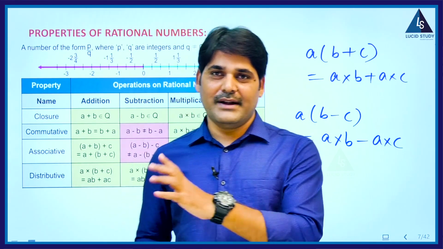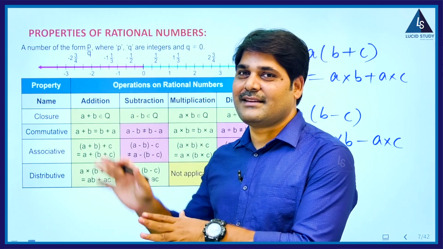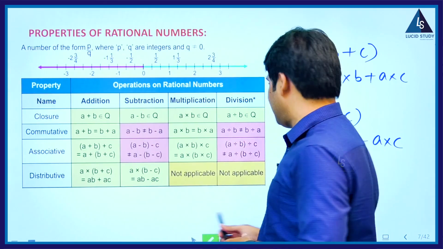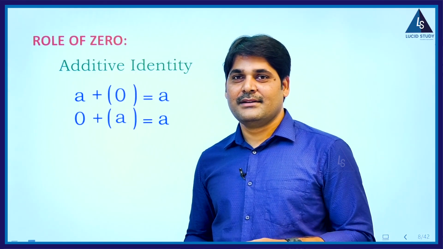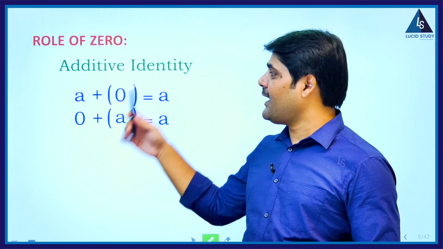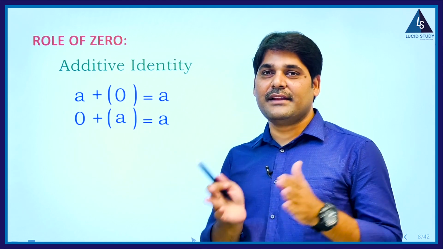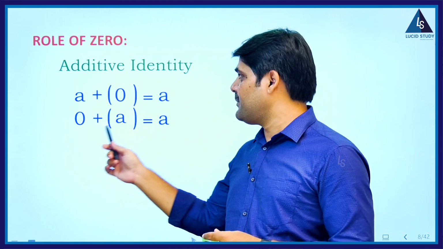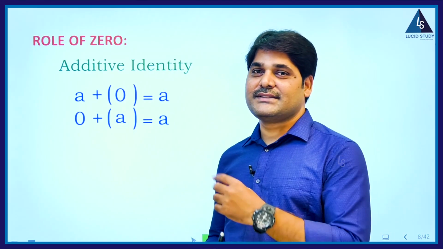Okay. So now we will discuss some special persons in rational numbers. Who are those? Let us see. Role of zero, very very important. Why? Because if you add anything to zero, or if you add 0 to anything, the answer will be that thing. So A plus 0 is equal to A, 0 plus A is equal to A. That is why 0 is said to be